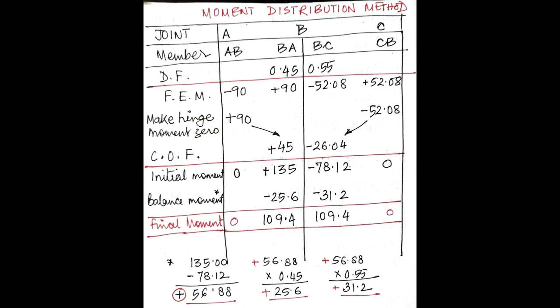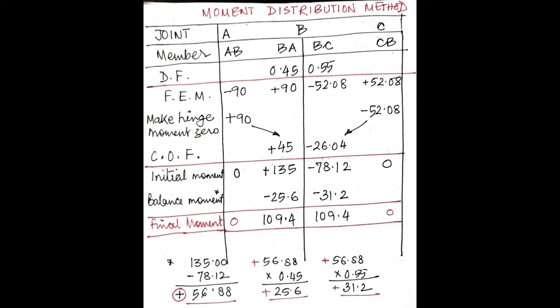See here both the values are coming the same, 109.4 and 109.4, so here we can stop, and this is the final iteration. But in case of a complex problem, these two values don't come out the same, so we have to go for iterations after iterations to reach this value.